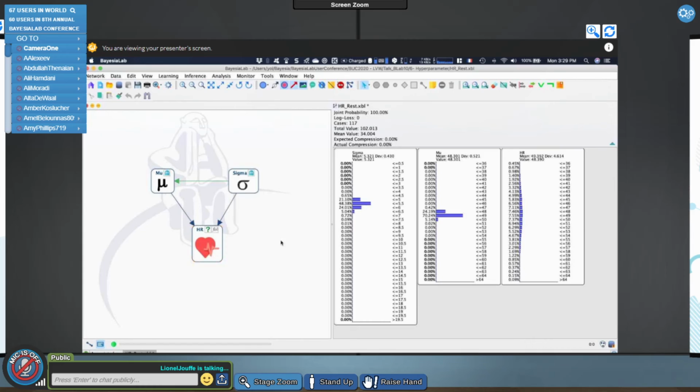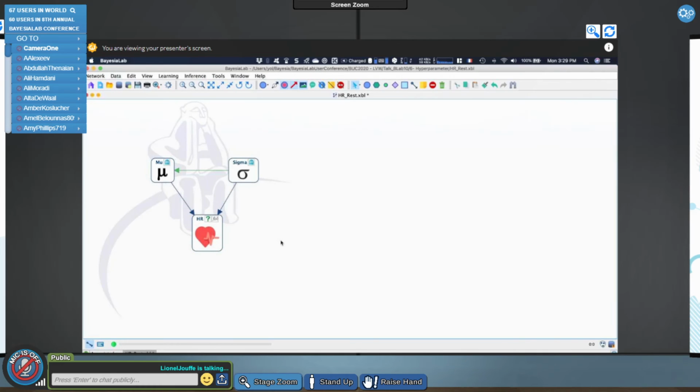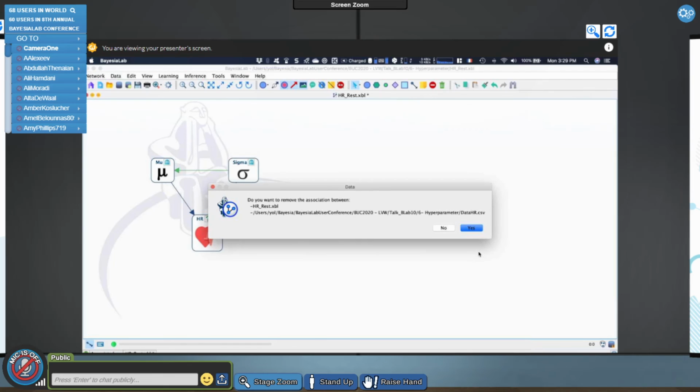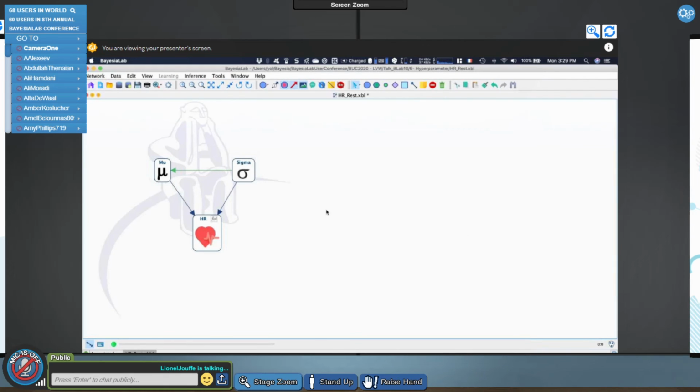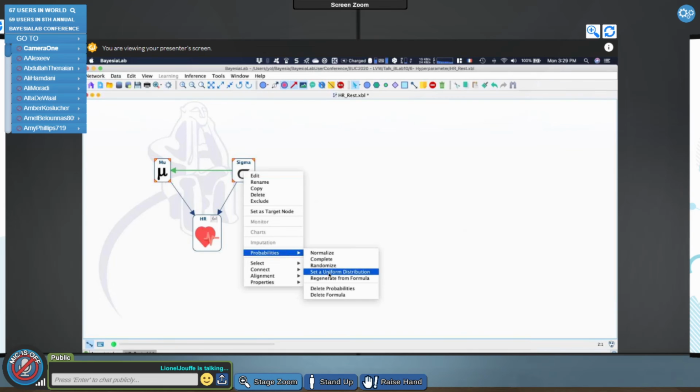So now, a new feature. We had this one, but there is another one: we can also take into account weighted evidence, right? So now let's suppose that I'm removing this data set. Then what I'm going to do is introduce a new feature here. I can select my two nodes, right-click on them, and directly set a uniform distribution.